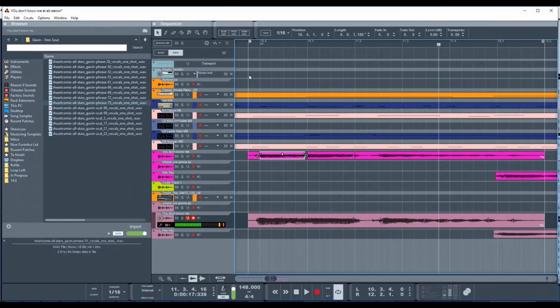Just creates a little bit of movement there, a little bit of, oops, well, we're not going to get very far with that because that's not actually the right track. Awkward. So. Okay, so what we're hearing now is on this track, I'm hearing a little bit of an artificial thing,